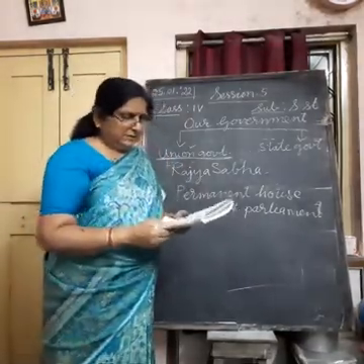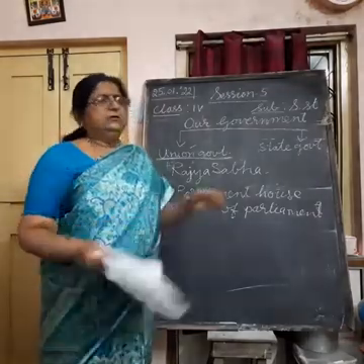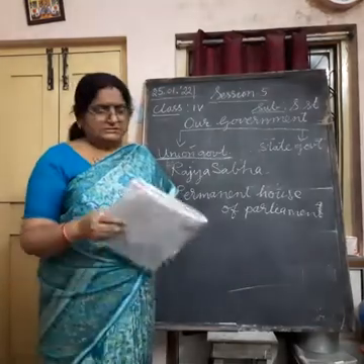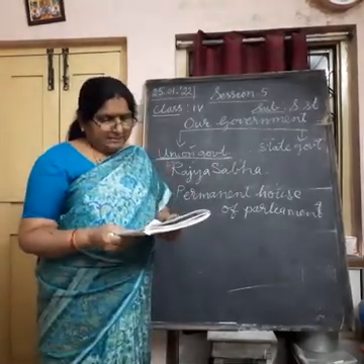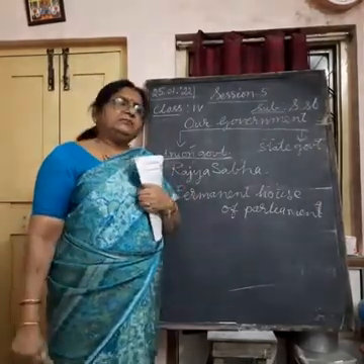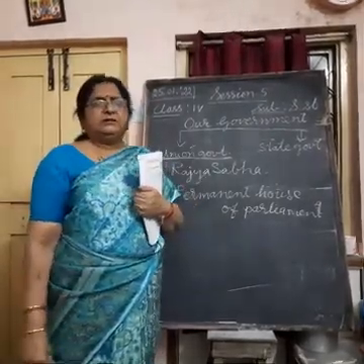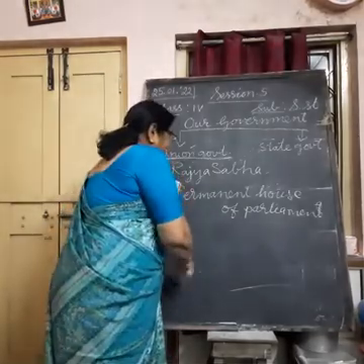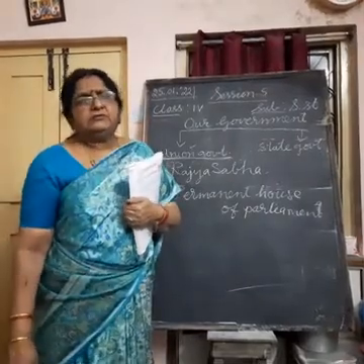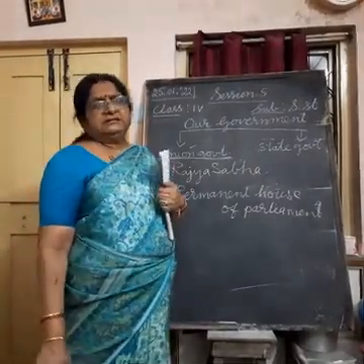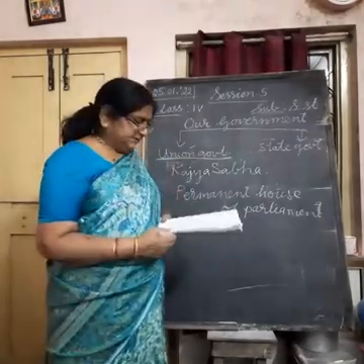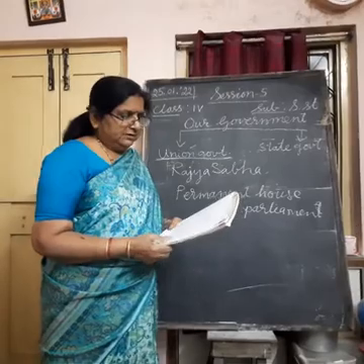Here it has fewer members. Lok Sabha has more members, Rajya Sabha has fewer members. They are elected by the members of the state legislative assemblies. When we study about state government, we will know about it. Understand? These members for the Rajya Sabha are elected by the members of the legislative assemblies, MLAs we call them.